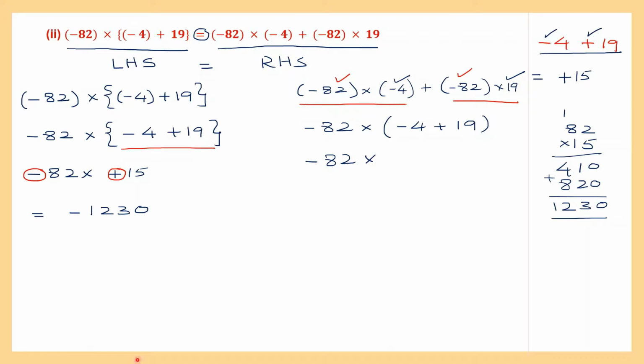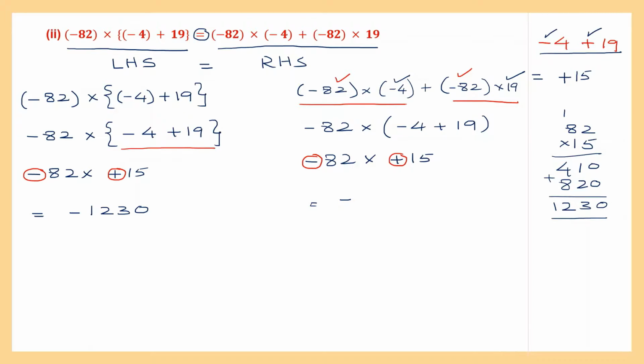This has already been worked out here. Minus 4 plus 19. Signs were different. So we put the sign of the bigger number and we subtracted and we got plus 15. So here we can write minus 82 into plus 15. So again here we looked at the signs. Minus into plus is minus. That is equal to minus. Now we have to multiply the numbers 82 into 15 and we have already done that. 82 into 15 and we got the answer